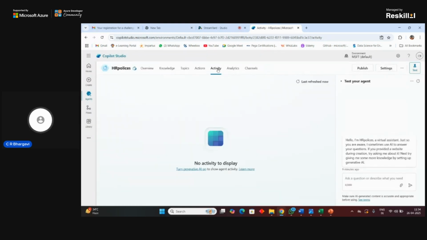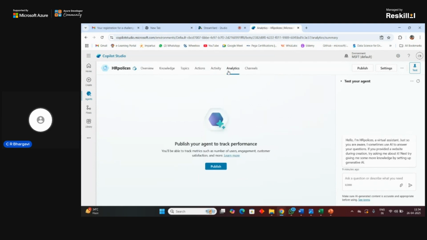And then comes the activity, where you can see how your generative AI is acting inside the activity. And analysis is where you connect your agent with any tool like Power BI.